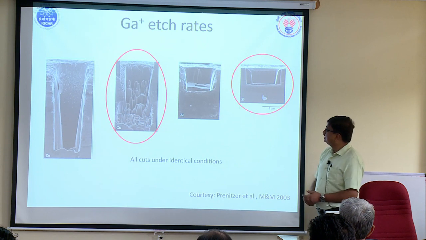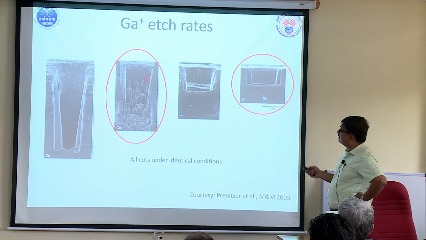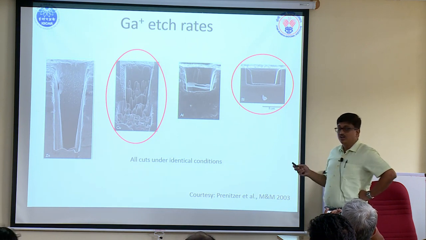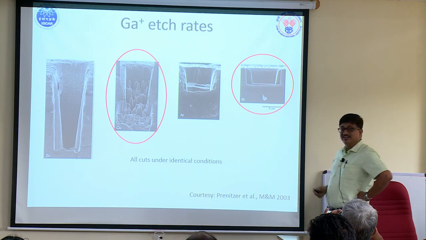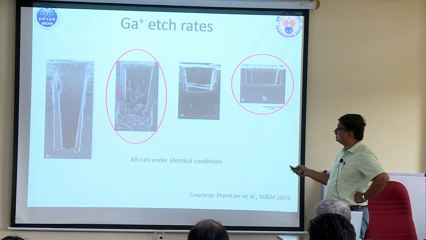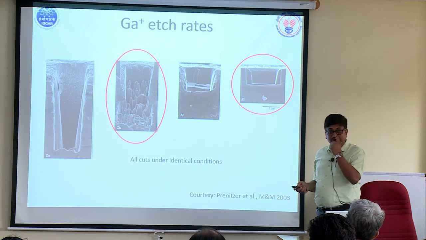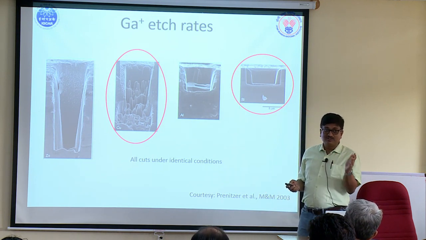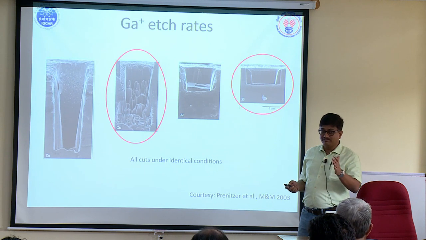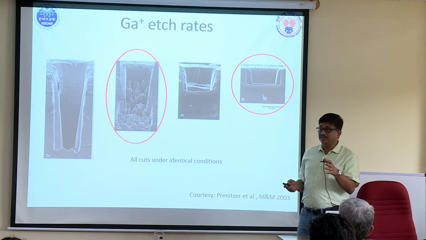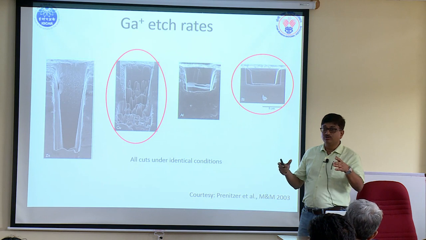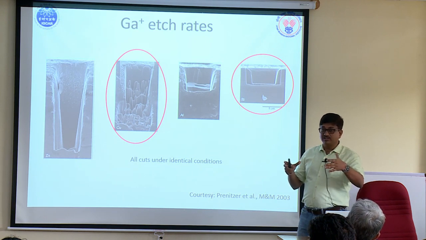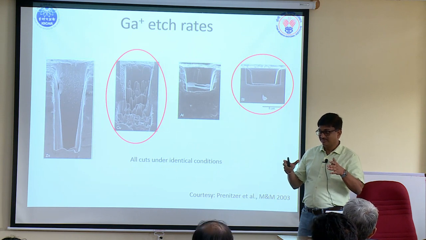If you look at it very carefully now, we are talking about copper and silicon. Maybe the volume removed is the same, but copper has a larger depth and silicon has a lower depth. Silicon is very clean, but copper is very dirty. So when you are doing copper, don't use the same kind of current as you would for silicon. If you are working with silicon, your work may be over very quickly. But for a metallic system, let me tell you, if you want to do a 3D EBSD of something like 8 micron by 8 micron by 8 micron, it might take 3 days.